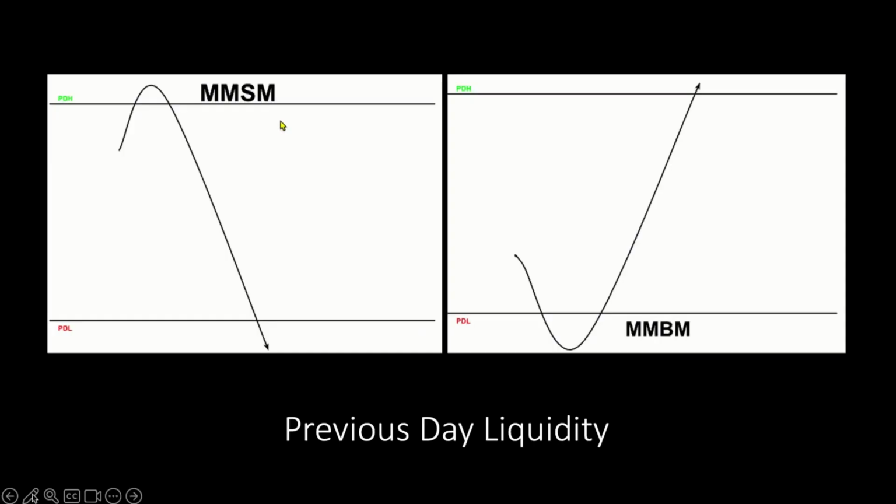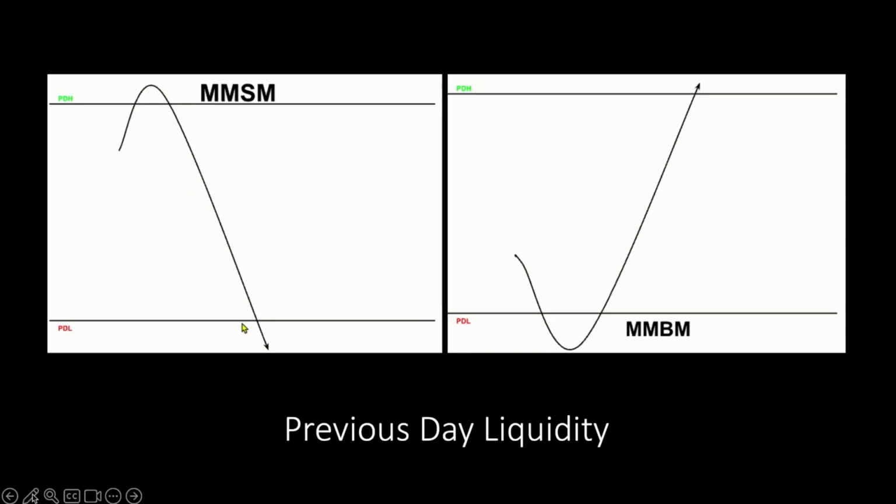So let's take a look at the previous day liquidity example. Previous day liquidity, I'm now just going to rename the X to the day. Previous day liquidity is relevant in the following sense. If we're bearish, we're looking for a run on the previous day high within a sell model. The smart money reversal will occur above the previous day high, then the sell side of the curve will unfold